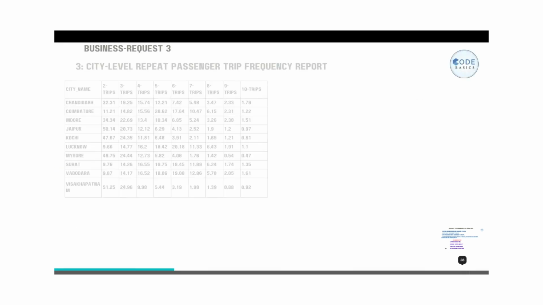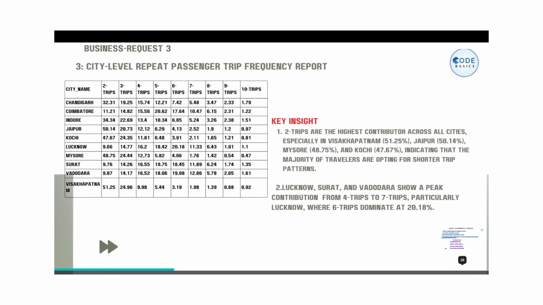Third question is the city level repeat passenger trip frequency report. From this report, we have found some key insights: two trips are the highest contributor across all cities, especially in Visakhapatnam, Jaipur, Mysore, and Kochi, indicating that the majority of travelers are opting for shorter trip patterns. Lucknow, Surat, and Vadodara saw a peak contribution from 4 trips to 7 trips, particularly Lucknow, where 6 trips dominate at